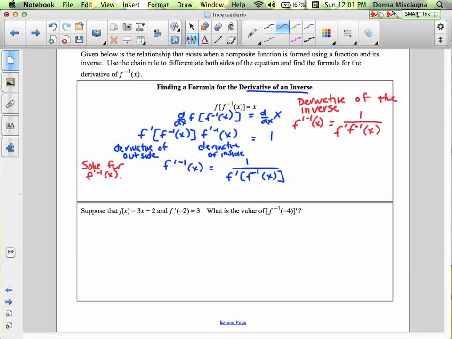So in other words, the reciprocal of the derivative of the function is the derivative of the inverse